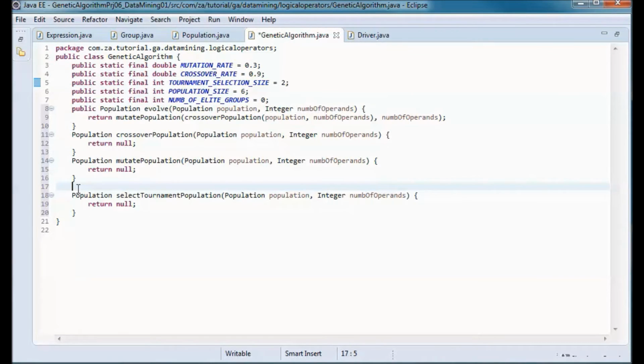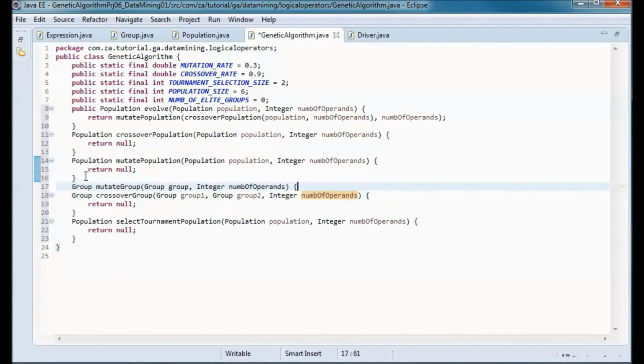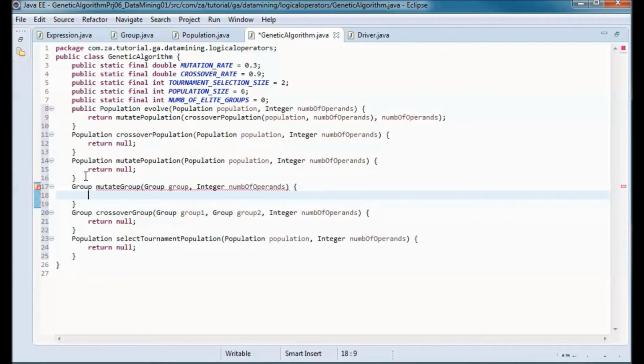And the crossover population will end up calling this crossover group method, passing in two groups to do crossover on, and for convenience the number of operands. And the mutate population will end up calling this mutate group method for each group in the population.